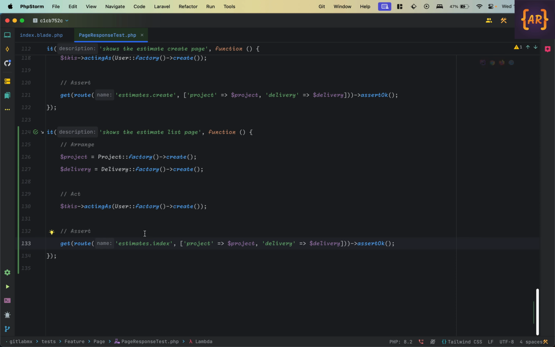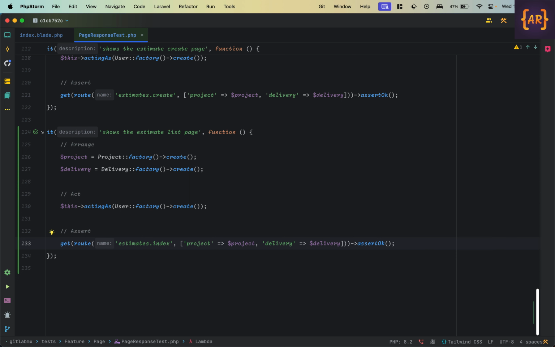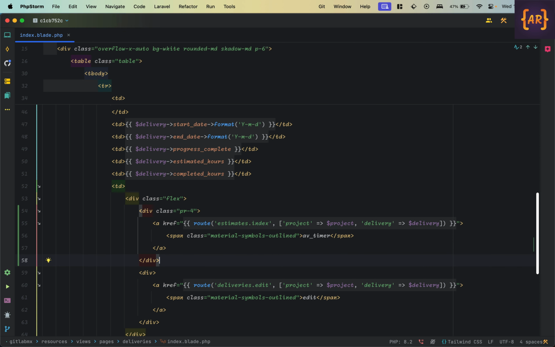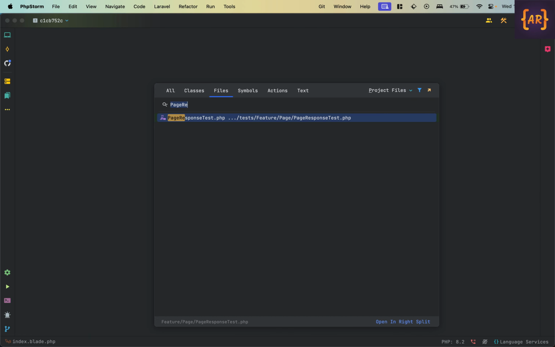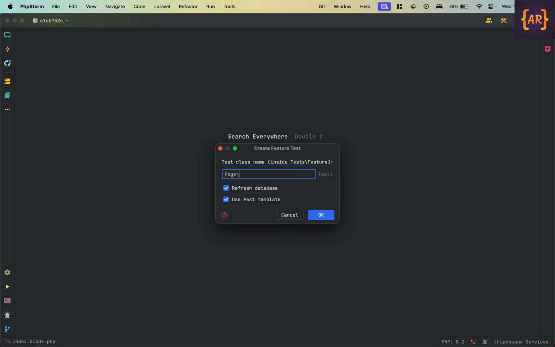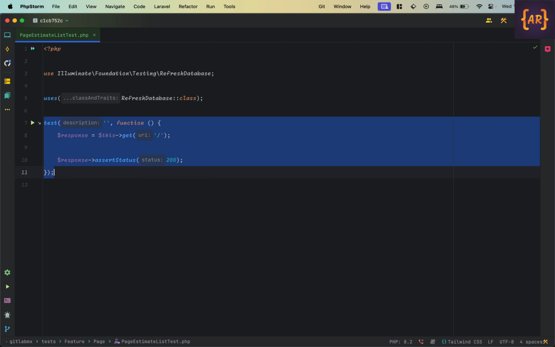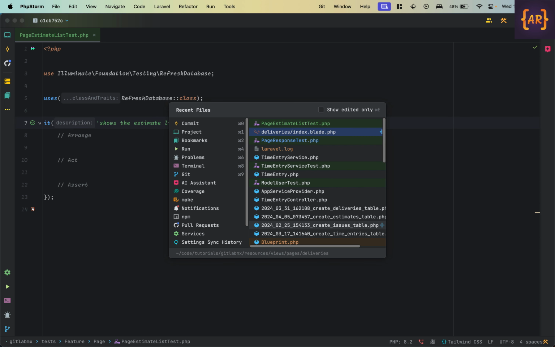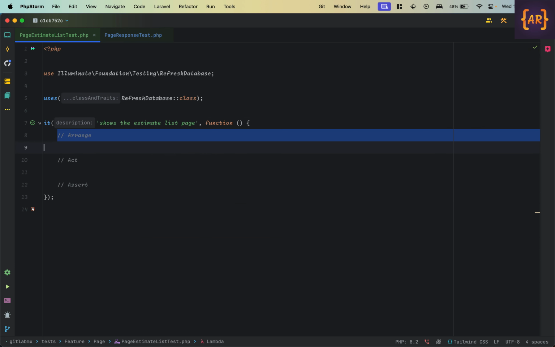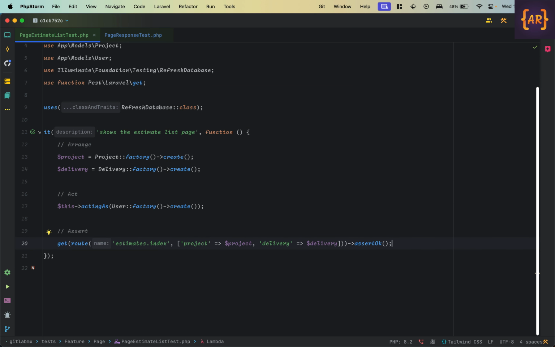And we do. So this is the test which just gives us an affirmation that this page is loading, there are no errors. But the real test is when we are able to see the actual records. So let me close this blade file and create a new test. Like the convention, we will have a new test called page estimate list. This can be a little duplicate, but there are certain things which we will also test. For example, this is almost exactly what we did in our previous test, but now